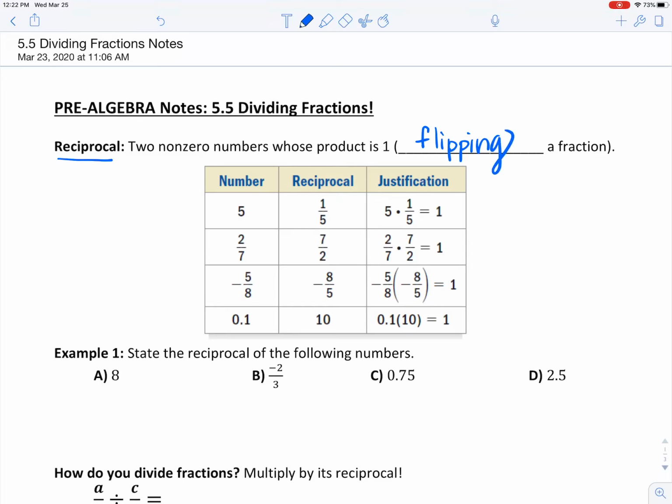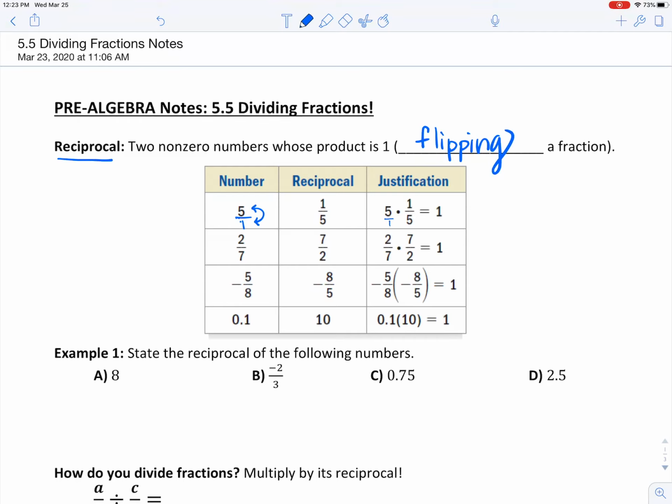a fraction. So for example, if you take the number 5, 5 is really the same thing as saying 5 divided by 1, because 5 divided by 1 is still the number 5. The reciprocal of 5 is literally the flip of that, so it would be 1 over 5. And the reason why this is a reciprocal is because if I were to take 5 times 1 over 5,